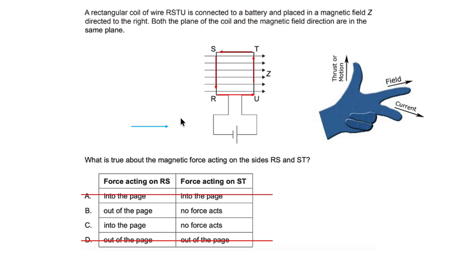We've got a field in blue there going from left to right and a force going down. So what I'm doing right now, you can't see my hand, sorry about that. I've got my first finger pointing to the right, I've got my second finger pointing down, and therefore I've got my force, my thumb, which is pushing out towards my face, which is currently going out of the page, which is why the answer here is